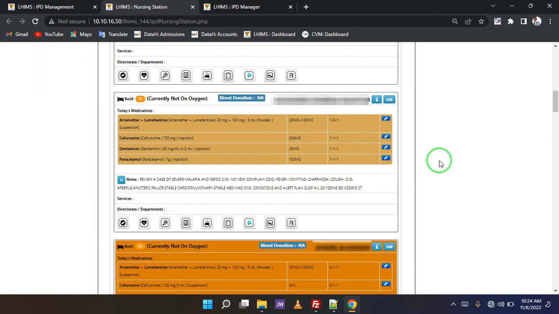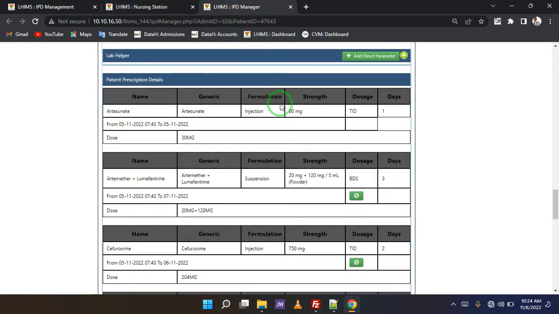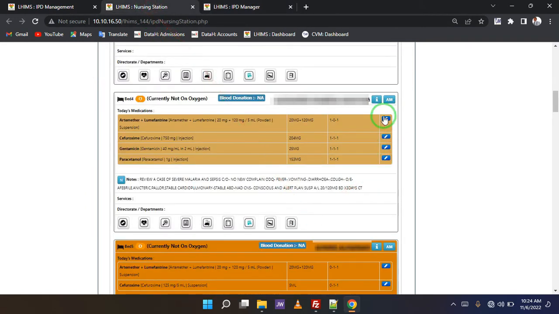This client right here actually was on artesunate earlier on. Now let's take a look at the prescription from the AM. We have IV artesunate 30 milligrams. Now take note of the time, 7:43. Okay, so we come back to check. I want you to also take note of the date. Today is the 6th. All right, so trying to chart the medication,